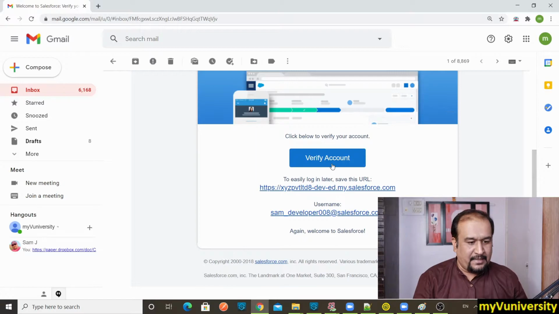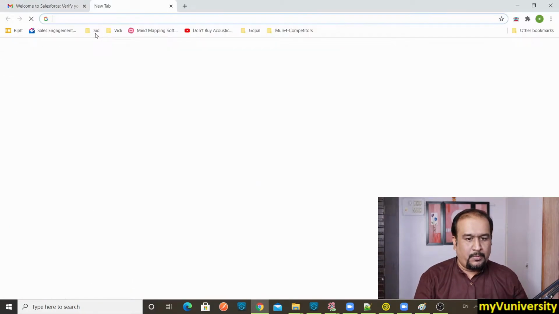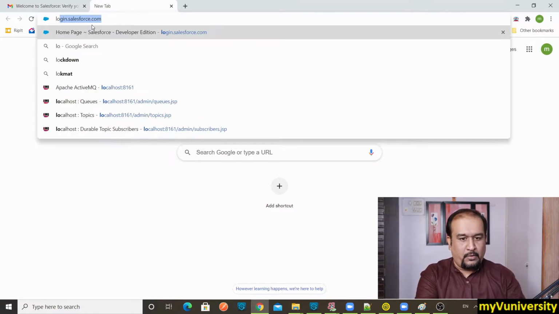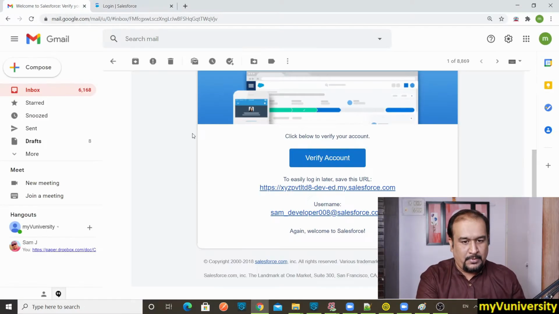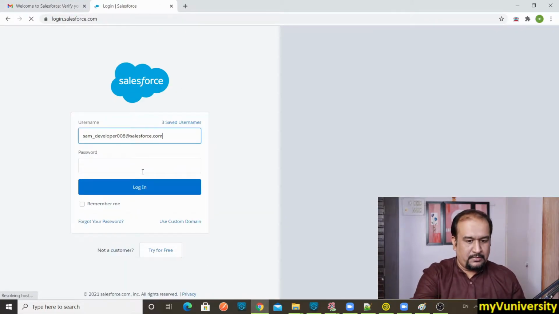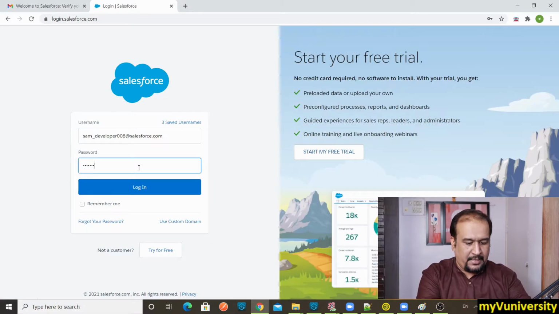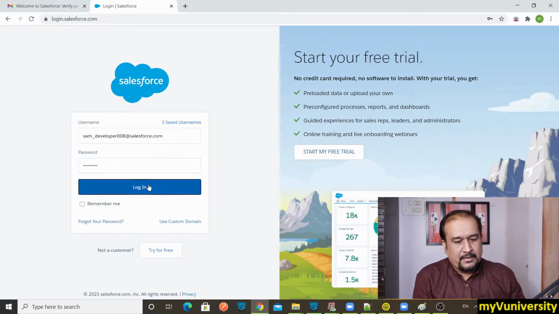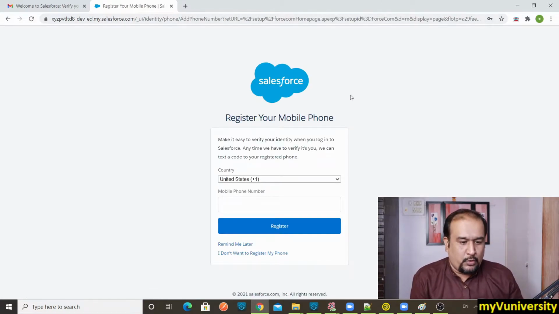If you have not seen that, let me log into my account again, login.salesforce.com. I copy this username and paste it here. It is a different account, and I just log in like this. Initially you will be in Lightning. I just want to show you again.